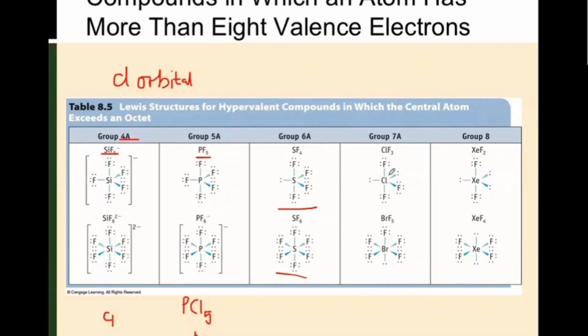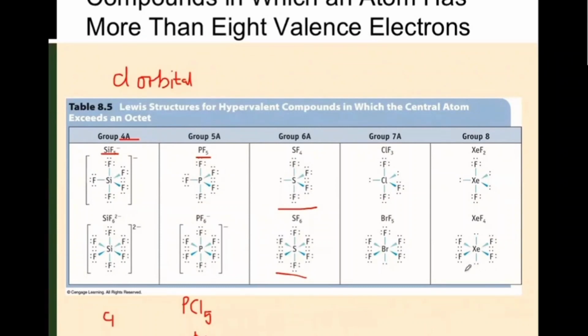is that it's a halogen, such as chlorine, and then the one above it, which is fluorine, or bromine, which can also be fluorine or chlorine. It can form these sorts of extended octets, these compounds in which the central atom has more than 8 valence electrons. And then group 8,